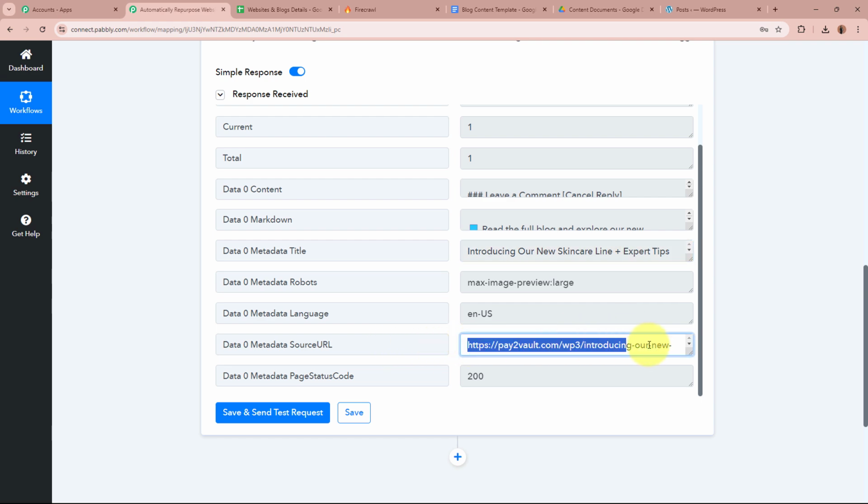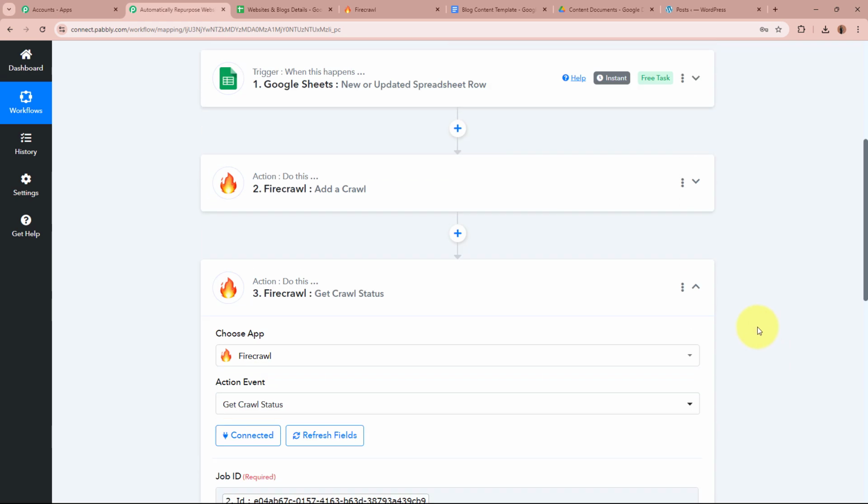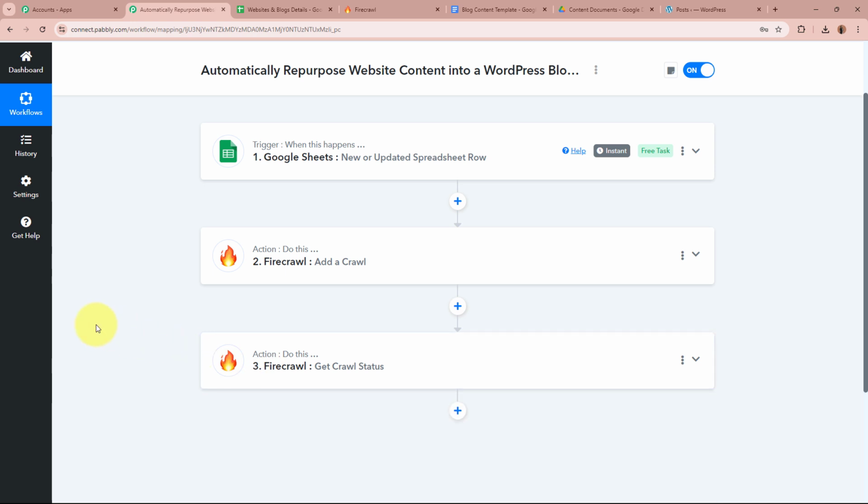You can see with the URL also right over here. Okay, so this means that Firecrawl is now successfully connected to Pabbly Connect. And as we have taken out the scraped details, now what I want is to create a record